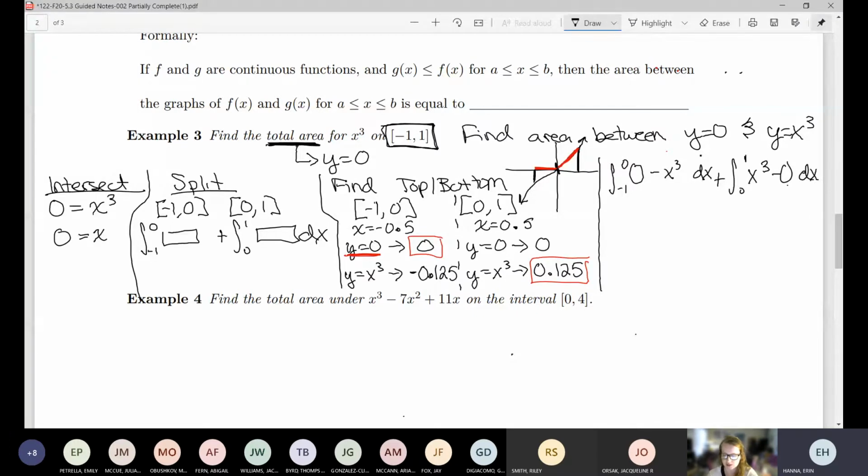So if you had to do this by hand, your antiderivatives would be -1/4 x to the 4th. I'm going to not write my plus c just to save myself space, but they always cancel out with the ones with the bounds anyway, so it'll be all right. And then +1/4 x to the 4th from 0 to 1. So remember, when you do those by hand, you plug in the top bound, and you subtract what you get when you plug in the bottom bound,